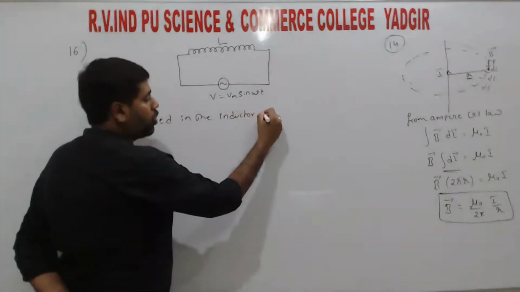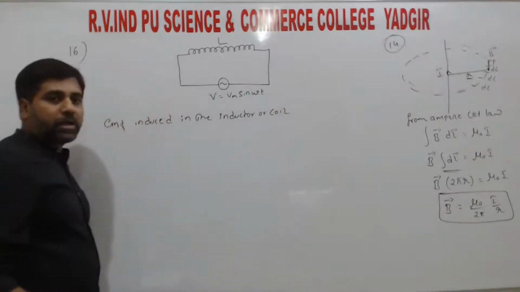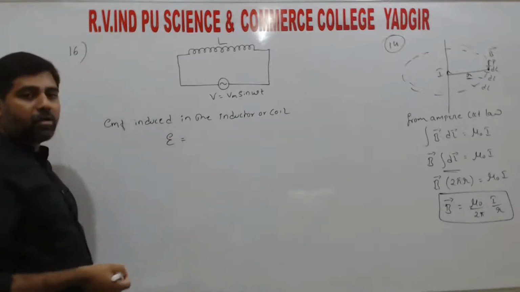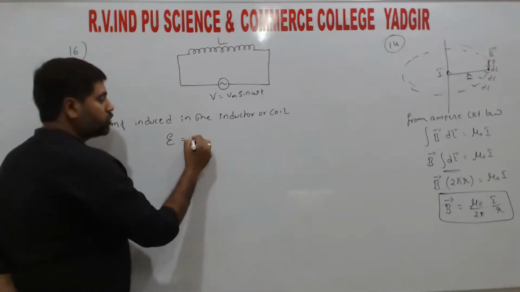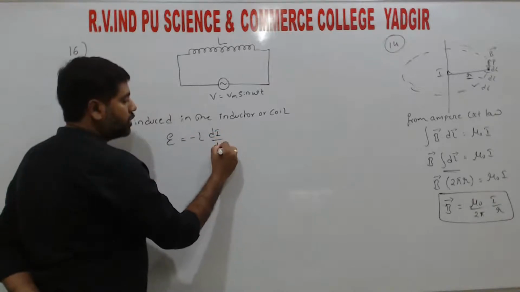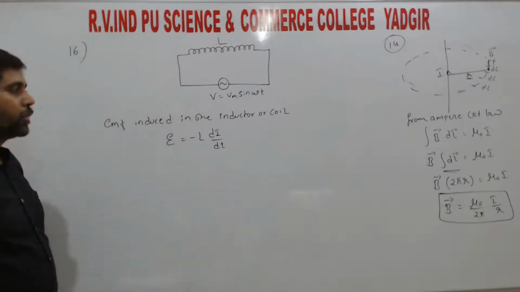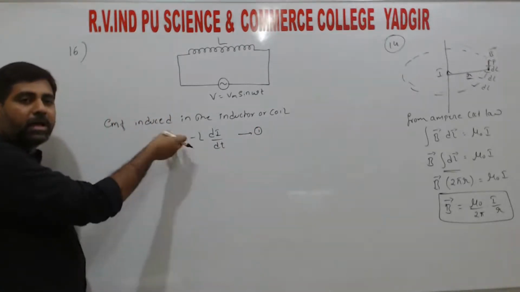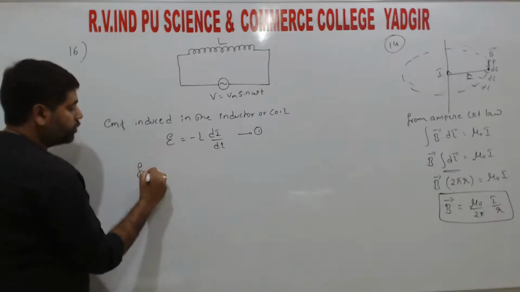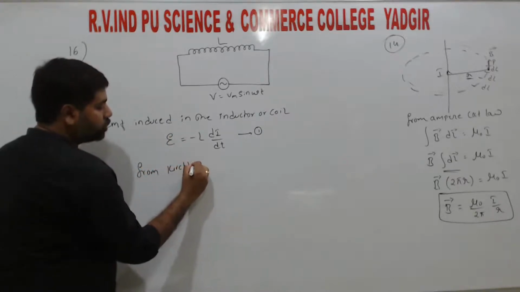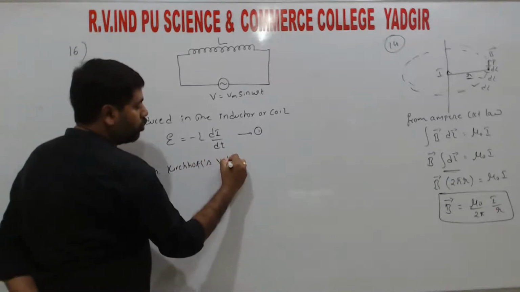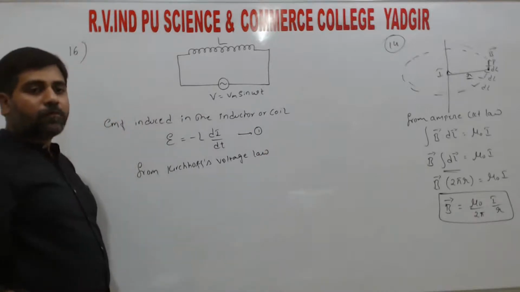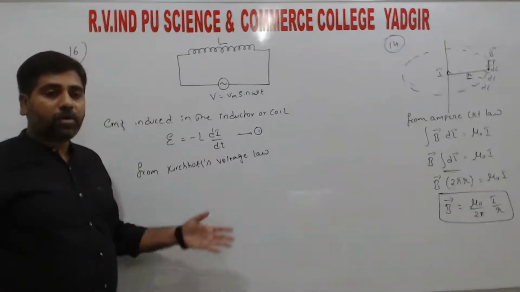Induced in the inductor or coil. So again from the Faraday law of electromagnetic induction, E is equals to minus L di by dt, right? So this is equation 1. EMF is nothing but again the voltage, right? So from Kirchhoff's voltage law,